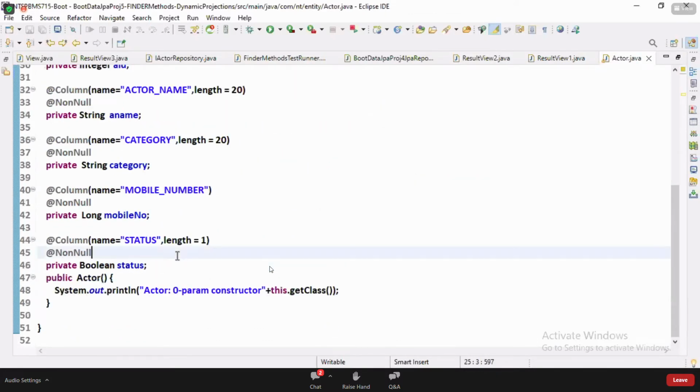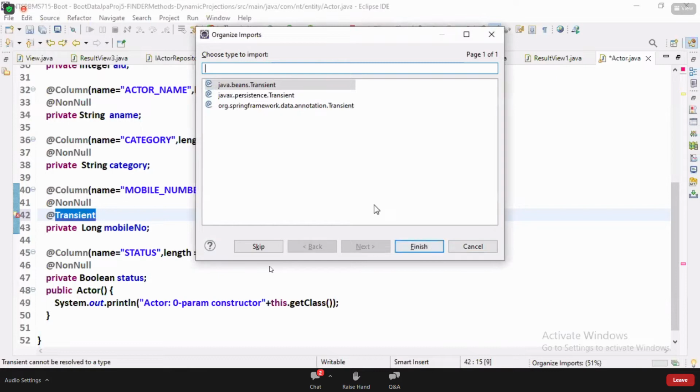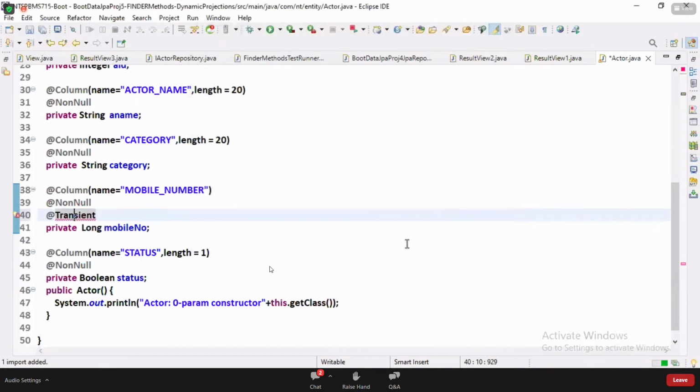On the Boolean or mobile number property, we will add @Transient. Which transient? We have to use the JPA transient, not every transient.